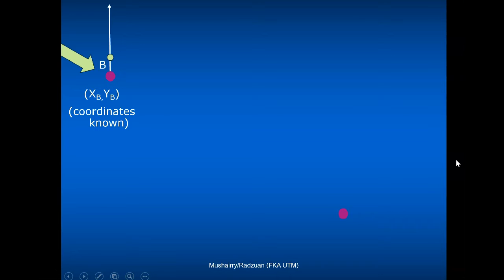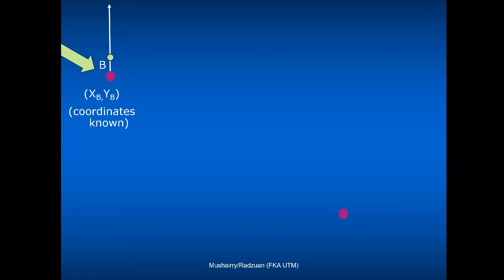Okay, if you look now on the screen, I've drawn a point B on the top left corner, with coordinates x_b and y_b, similar to your exercises when we do mathematics. Supposing there's a point B with known values, the coordinates are given to us, x_b and y_b,